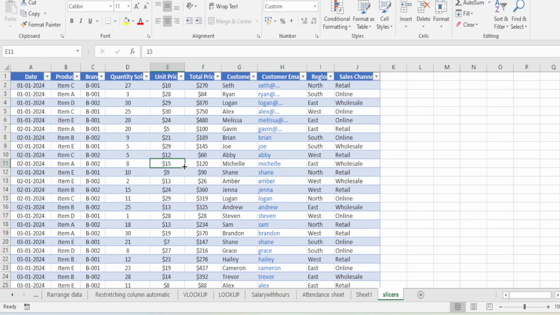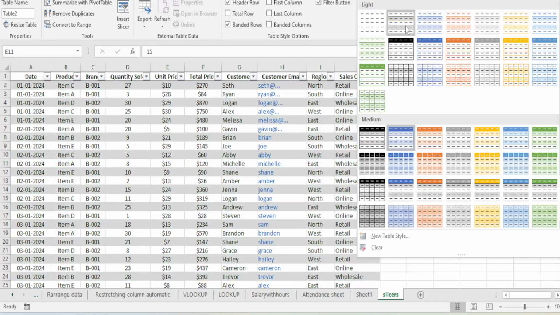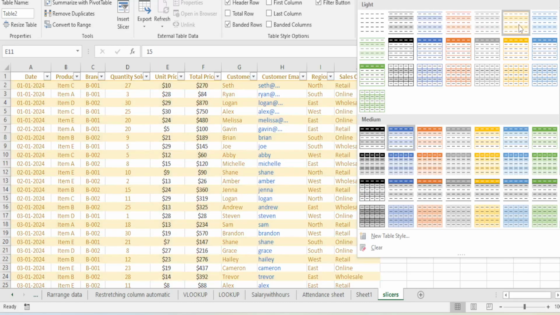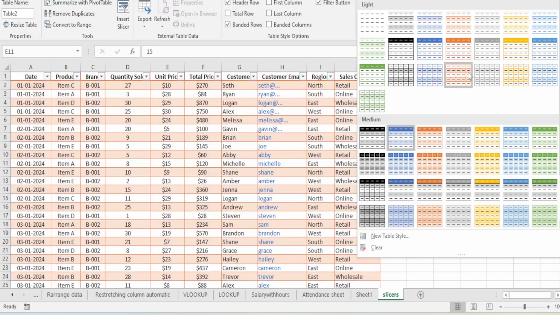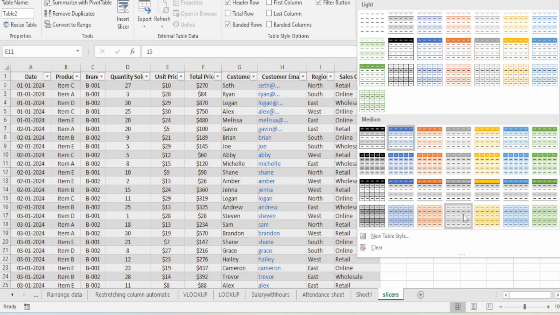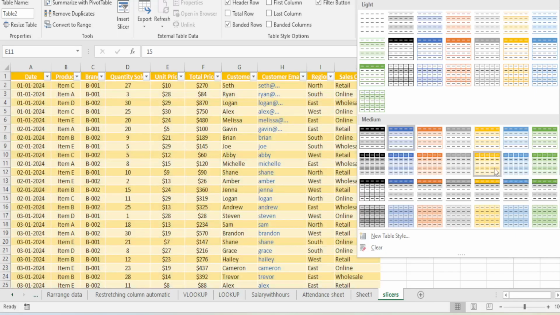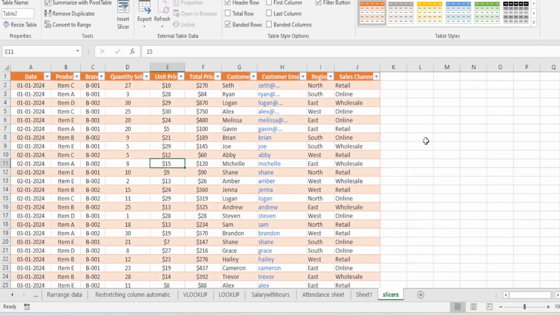While converting data into a table, you can now change the design of the layout of the table. For example, here in Design there are a lot of options. Look, you can choose any color for your table. Okay,